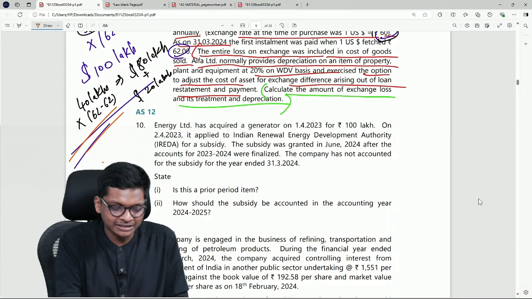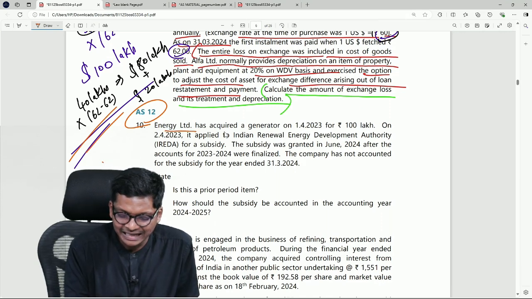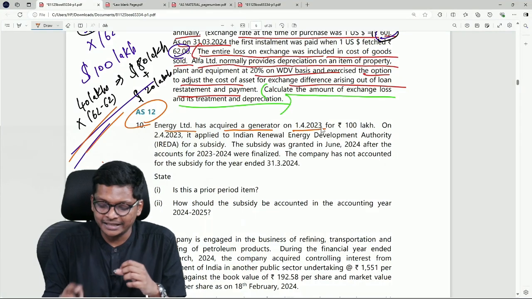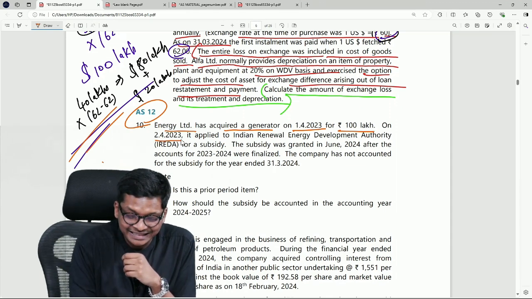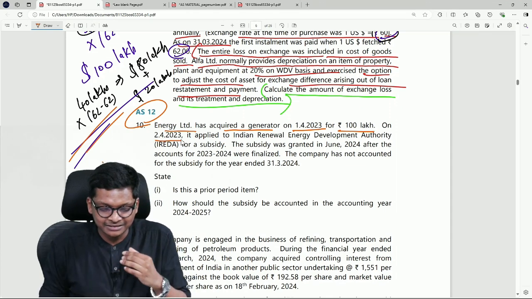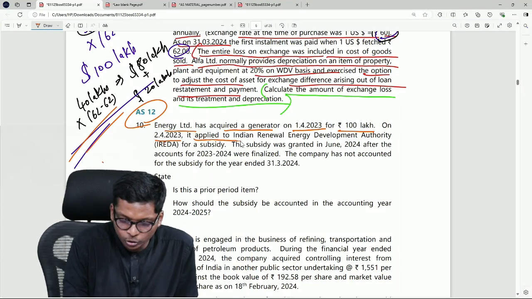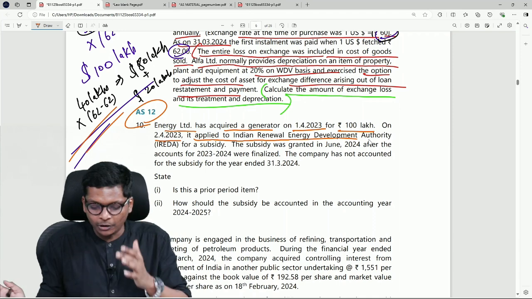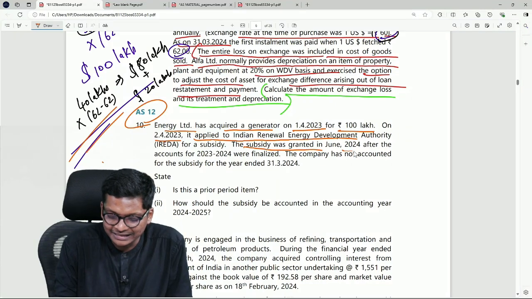Exam is very close. AS12. Next. Energy Limited has acquired a generator on 1st April 2023 for 100 lakhs. On 2nd April 2023, look at this. Just 1 day after that, it applied to IRED for a subsidy. Some government department I applied for subsidy. The subsidy was granted in June